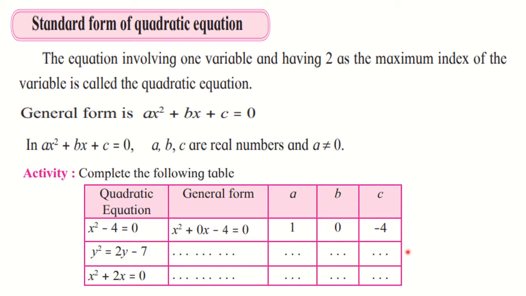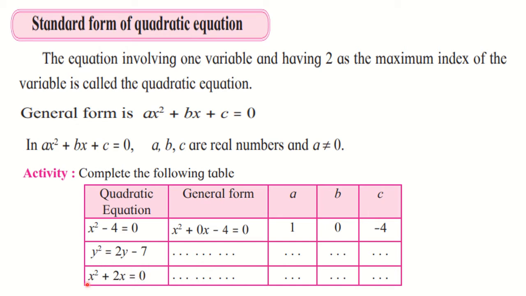Such questions can be asked for 1 mark in the exam, or if they provide you with 2 questions, it can come for 2 marks also. You know that question number 1 is MCQ, but in question number 1B there are 1 mark questions. So such questions can come as 1 mark questions, where they will give you the equation and tell you to write the equation in standard form or general form and write the values of ABC. Okay. So the question will be provided to you and accordingly you have to write.